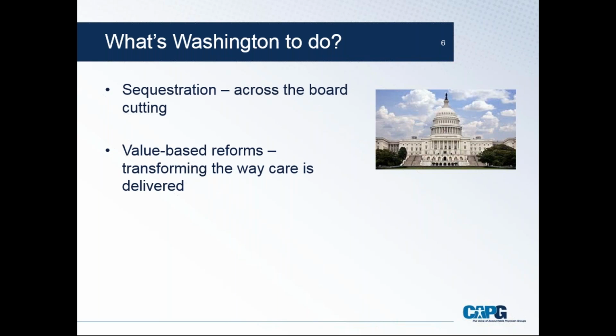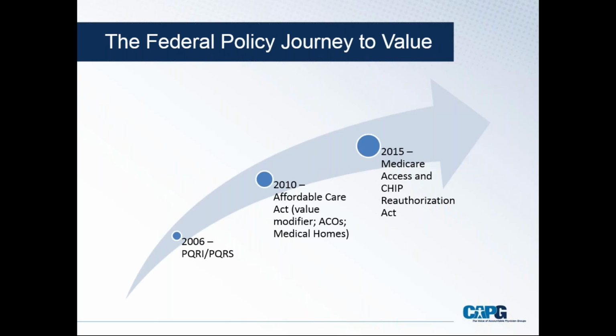So you'll recall several years ago, Washington looking for money decided to take a 2% across-the-board reduction of Medicare payments. And in the back of our minds, always lurking, is the question: if the value movement doesn't work, does Washington return to this across-the-board cutting? We think of this as a sledgehammer versus a scalpel. We prefer the scalpel, which is value-based reforms that transform the way that care is paid for and delivered, in ways that we think lead to higher quality and lower cost for the federal government, in a much more, hopefully, pleasant way than across-the-board reductions to payment.